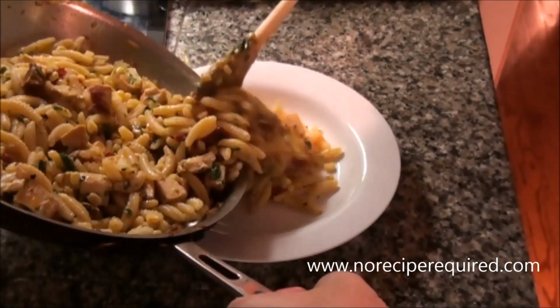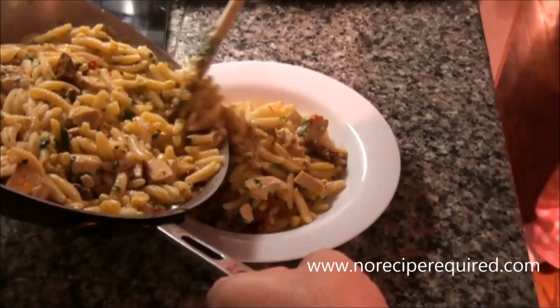Okay, let's go ahead and serve up our cavatelli, chicken, chorizo. We got everything in this little pasta dish,